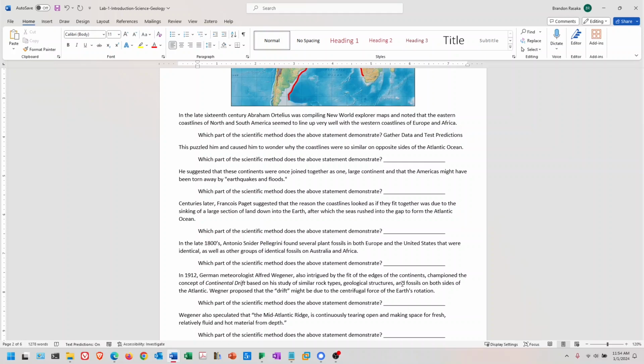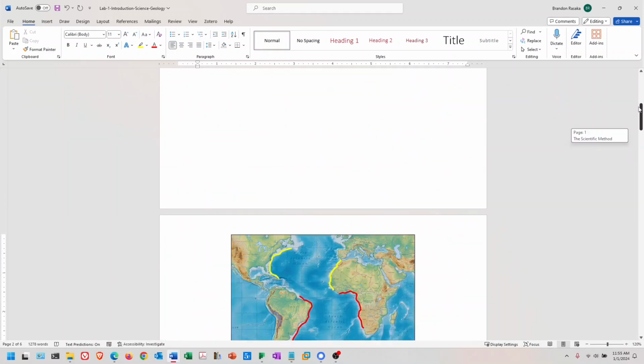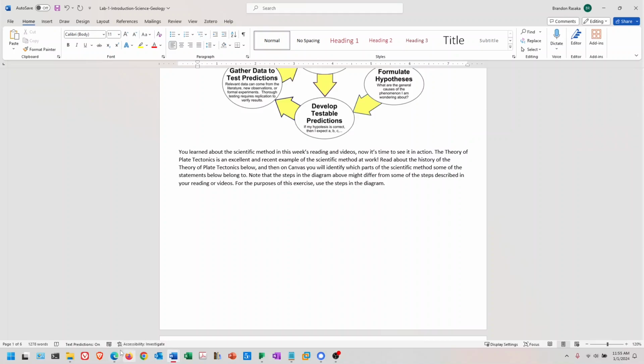Now, when you go to submit this online, I'm going to jump to that for just a second because it's relevant to this. You're going to fill this out in Microsoft Word just like this. You can, if you want to, print it off and fill it out with pencil. That's fine as well. But you'll need to scan that back into a PDF so that you can submit that. And there's more to this that I'll describe in just a moment. But when you actually go to submit it,